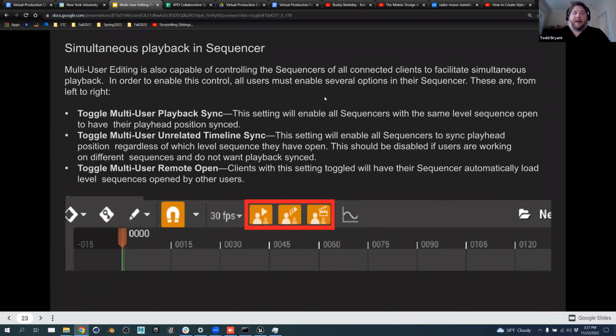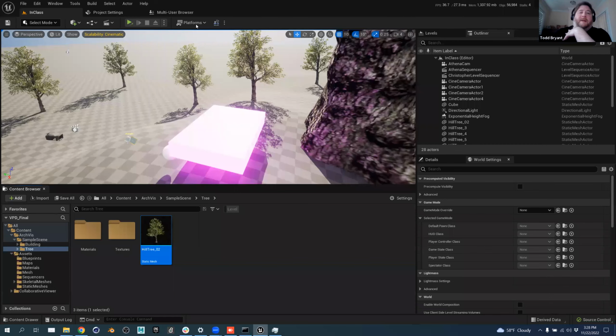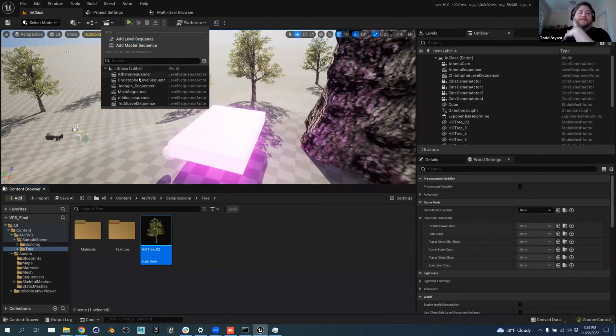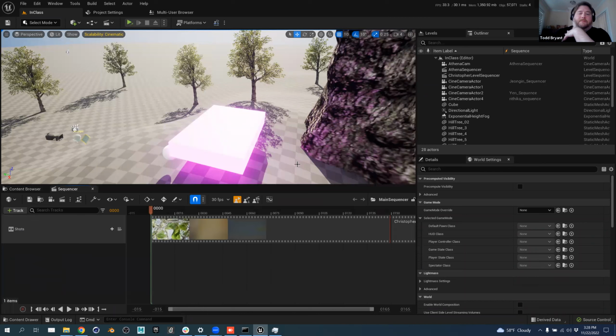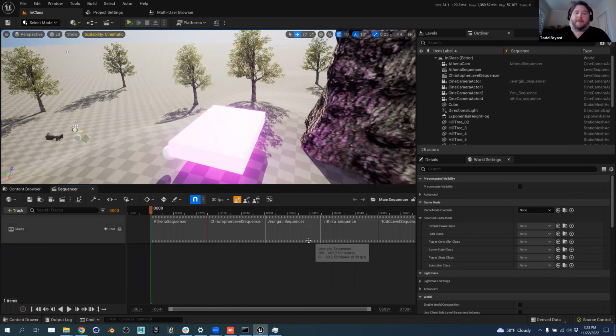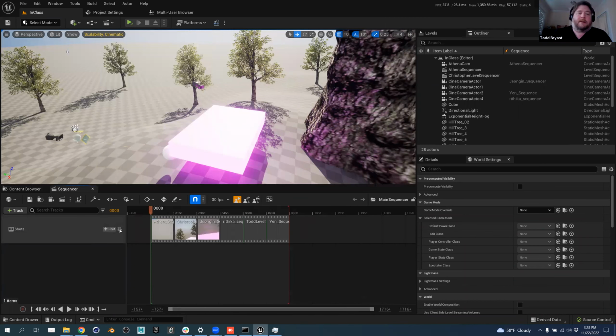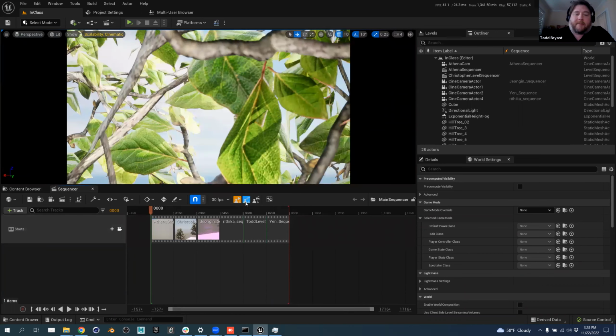So we can take a quick little break. So there's ways of working together with sequencers and linking playback, which is kind of cool. I'm able to control all the sequencers with all connected clients at one time. There's a few buttons on the sequencer that you might see. So if I open up the main sequencer, where we've got a couple of takes already loaded in,